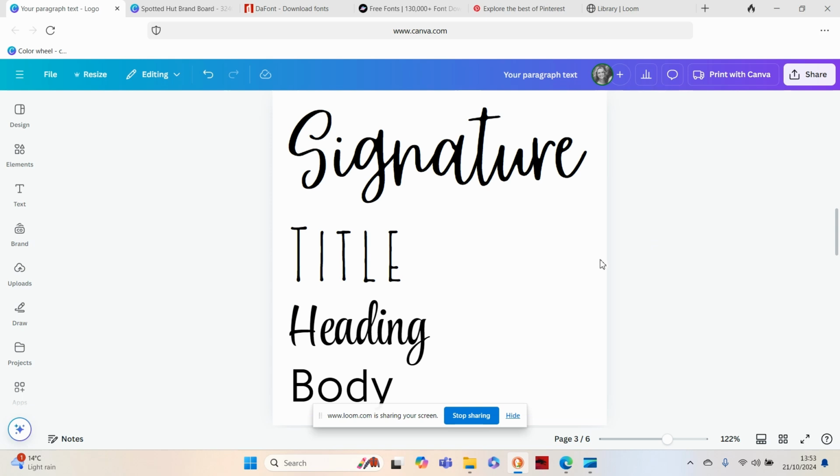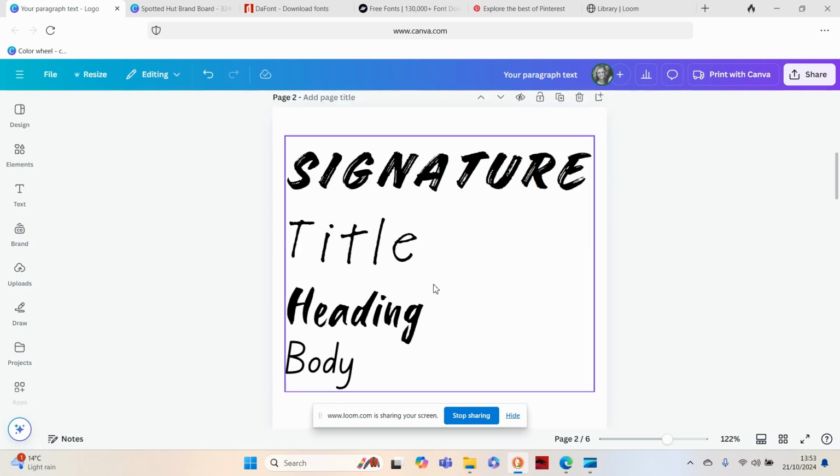more hand done. Here's another example, which is slightly more masculine in terms of the marker that we've used. But you can see again the not perfect consistency in the marker coming through it. I actually really like that. You will see that I've chosen fairly different fonts for the signature and the title font. That's because they are often paired together, so you don't want something too similar. These two, for example, it would not work to have the heading font for the title. They're just too similar. Whereas if they were broken up by something quite different but complementary, that works really